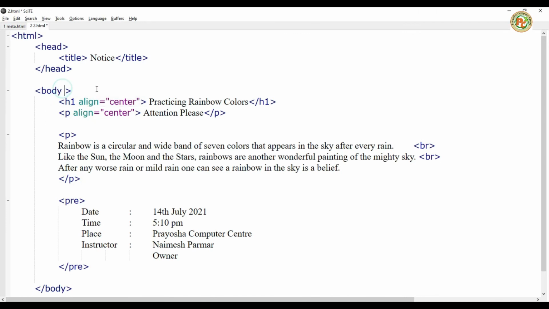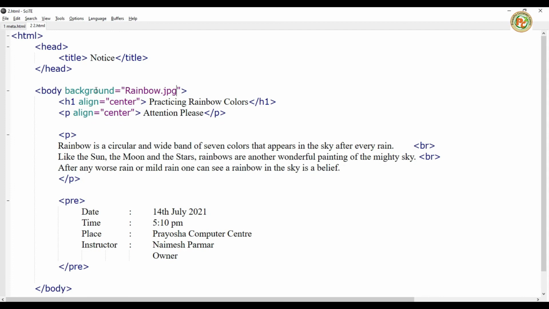But if you want to assign a background color, bg color, or if you want to assign an image, then you also have to write background, background equals file name. My file name is, for example, rainbow.jpg. Press Ctrl S and try to F5 it. Some spelling mistake.